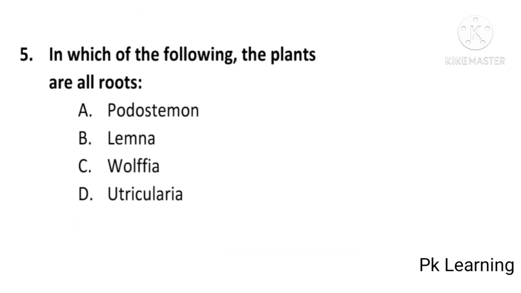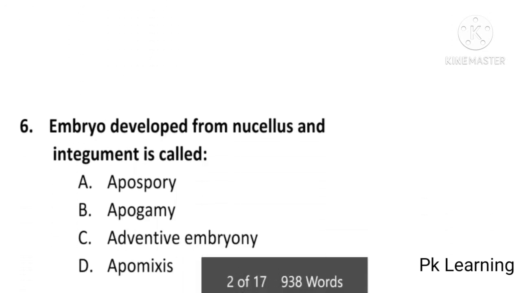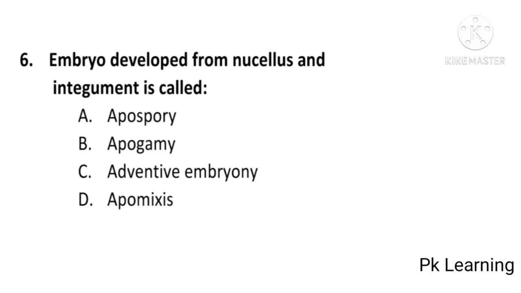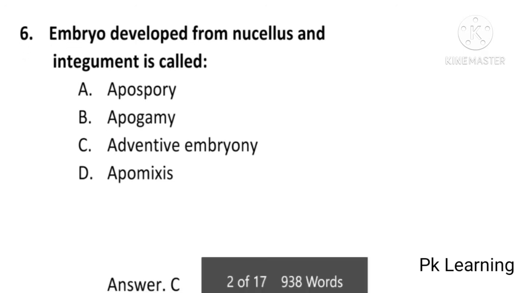in which of the following are the plants all roots? Podostemon, Lemna, Wolffia or Utricularia, and the answer is A, Podostemon. The plants are all roots in Podostemon. A is the correct option. And the next question is embryo developed from nucellus and integument is called apospory, apogamy, adventive embryony or apomixis, and the answer is C, adventive embryony. Embryo developed from nucellus and integument is called adventive embryony. C is the correct option. And the next question is